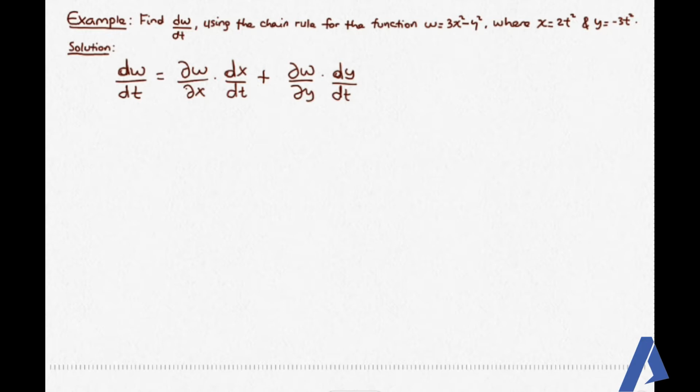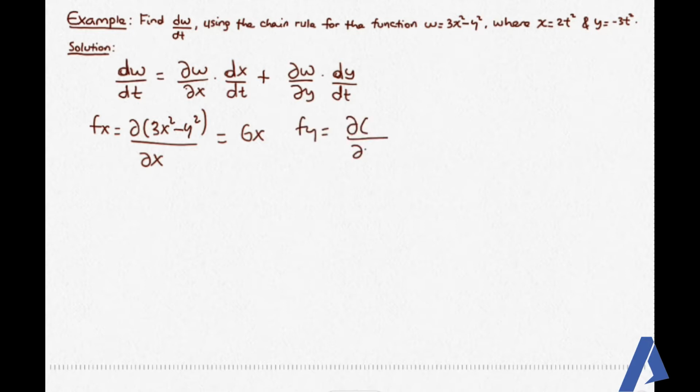ስለዚህ del w by del x ለብቻው እንስራው fx ማለት ነው del of 3x square minus y square by del x. this is equal to ያው with respect to x ስለሆነ 6x ይመጣል። ከዛ fy ደግሞ which is del by del y of the given function 3x square minus y square is equal to minus 2y ማለት ነው። ከዛ dx by dt ደግሞ ለብቻው እንሰራዋለን።